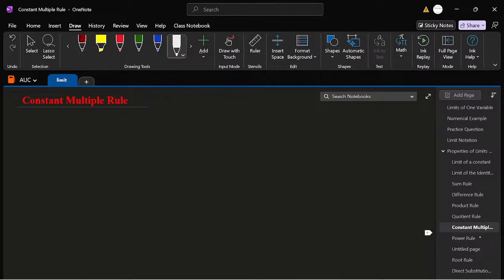Okay, so in this case, we have a constant multiple. So the f of x, in this case, will be equal to a constant multiplied by f of x. This is what you're going to have here. If you key this into the standard form of limit notation, that will be the limit as x approaches a